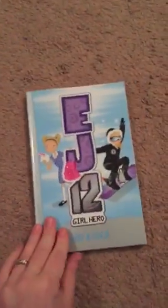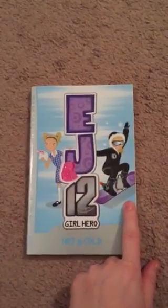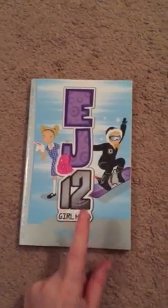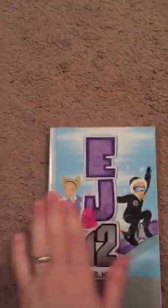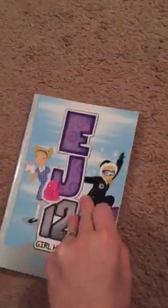The last one, this is a fun chapter book. So this is Emma Jacks and EJ12, and they're the same person. She's an undercover agent, and she also talks a lot about her life at school. So here's an idea. You can look inside to get an idea for word count. I think there's 128 pages in there, I think it was,